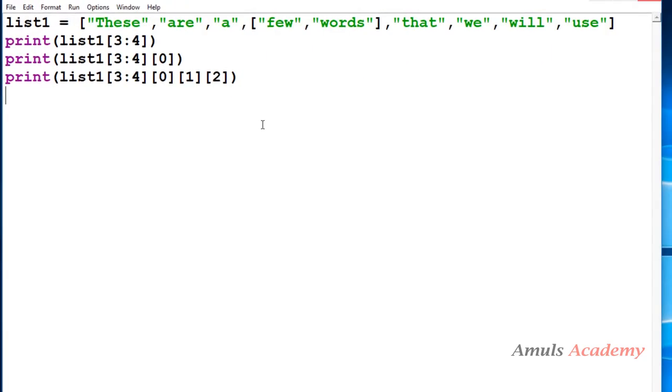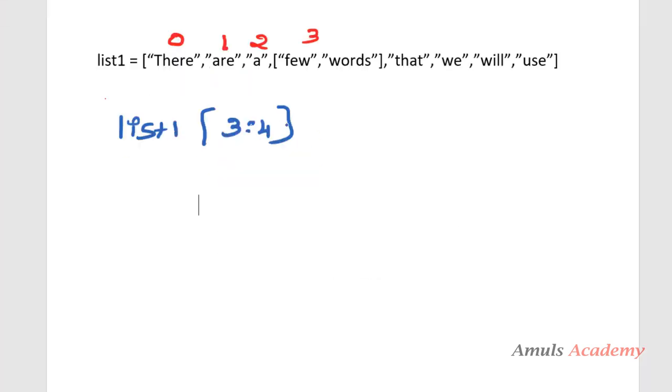Next here we can see list1 of 3 to 4 and 0. We write the index like this when we are using a nested list. When we want to get the values from the nested list, we'll use the index like this. So this is the next question. Previously we got the output for this, right? So this is the slicing operation. We got the output as,